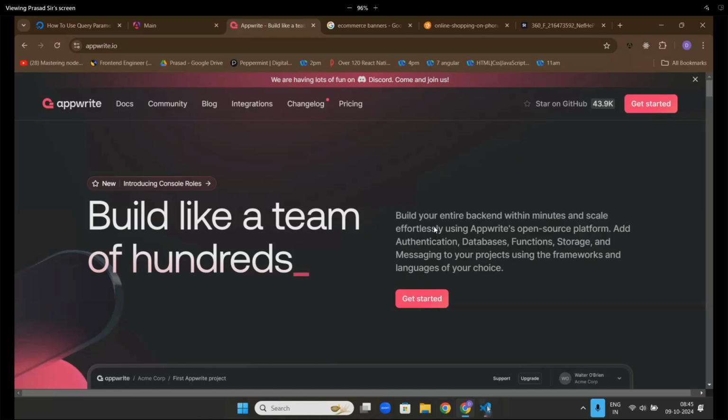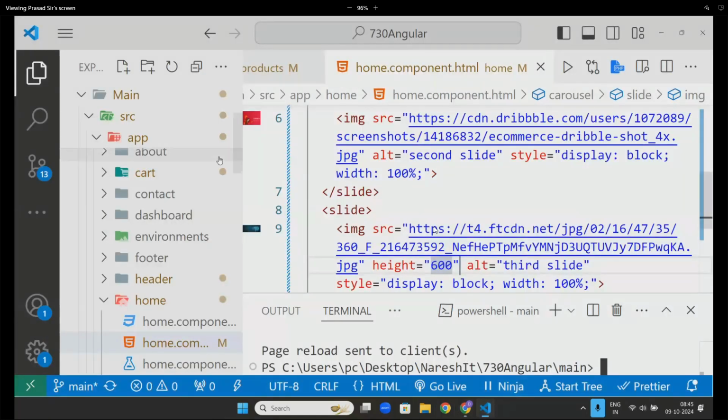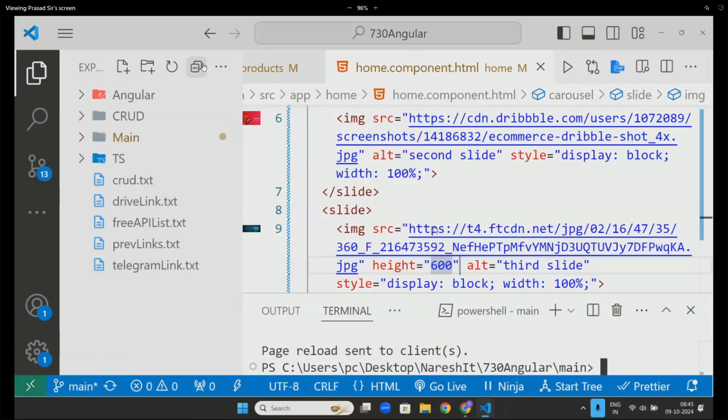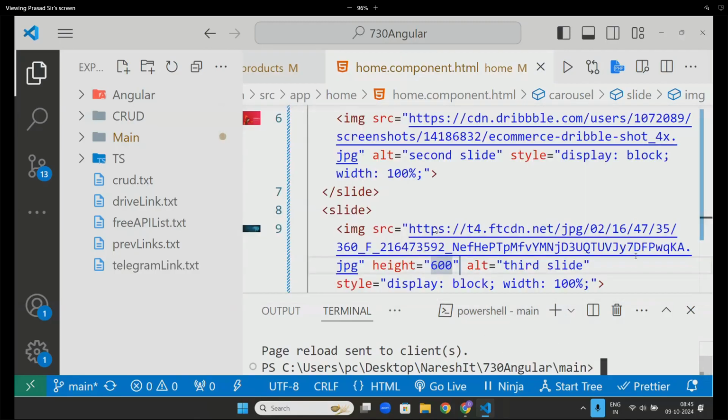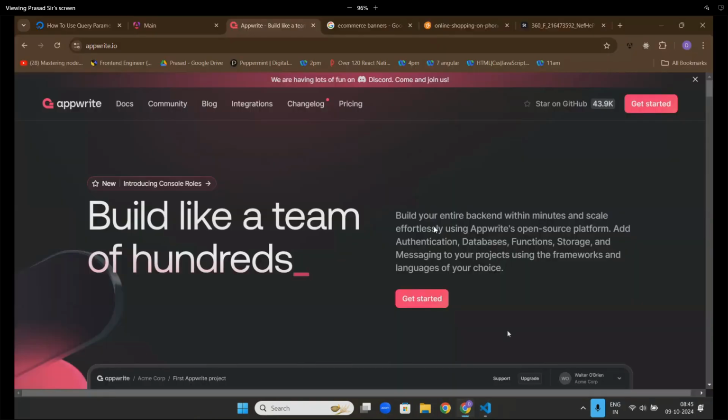Any doubts, sir? Does anyone have any doubts here? No. Sir, go to the bottom of the page in the products page, move back to the home page and come back to the products page. It will increase the bottom. What? I'm not getting it, Srinivaslu.